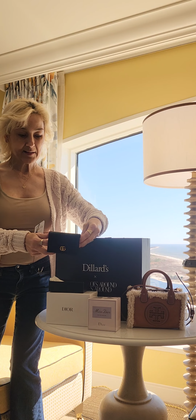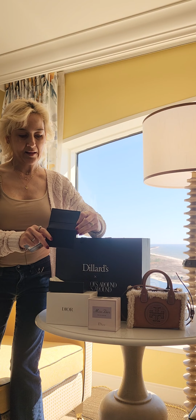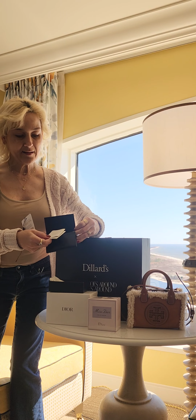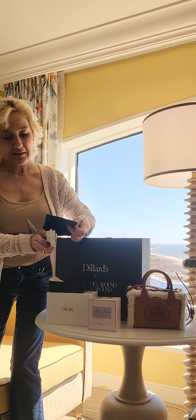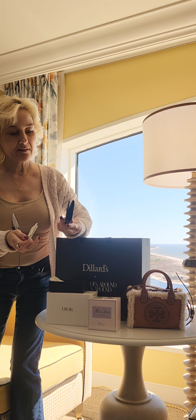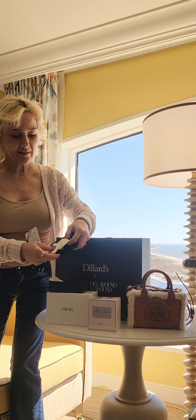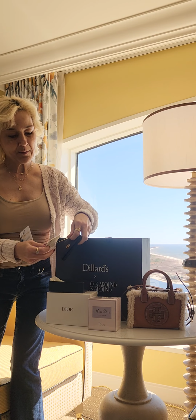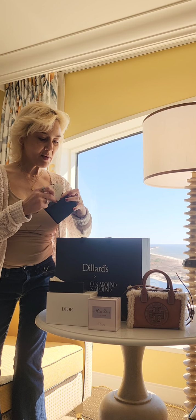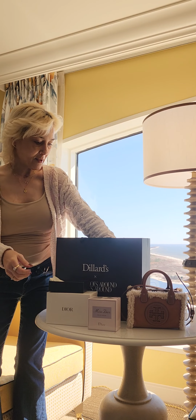And so there's our double C wallet. And it has the Gucci cards inside. And it is in excellent shape. So that's fantastic. Just happy to pick those pieces up here. And maybe I'll get over to New Orleans sometime soon. So that's our little Gucci